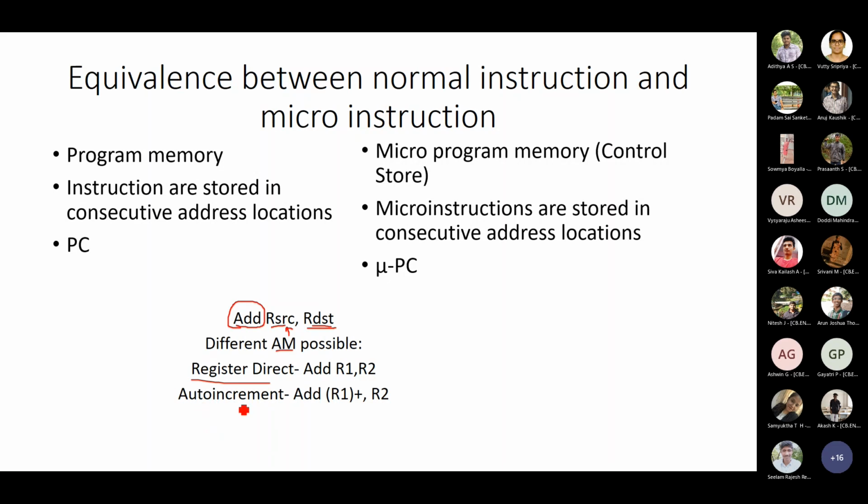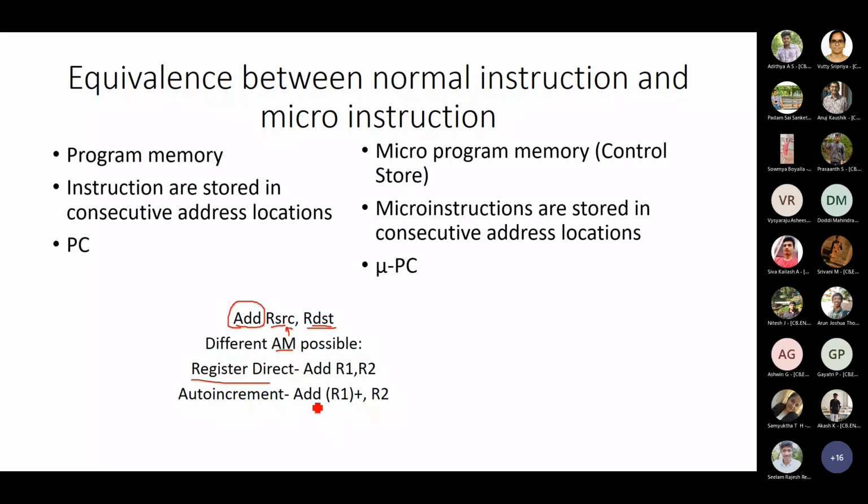So in auto increment addressing mode, whenever the register is specified within a bracket, it means that the register contains the address value. If you don't know this, please note it down because this concept is very important to understand the coming sections. If you understand this, coming sections will be very easy for you. Please note it down because everything is very much linked. In the coming 2-3 slides, I'll be explaining a lot of concepts which are distributed over 5-3 pages in your textbook. So I have consolidated it. If you just note it down, it will be really helpful for you.